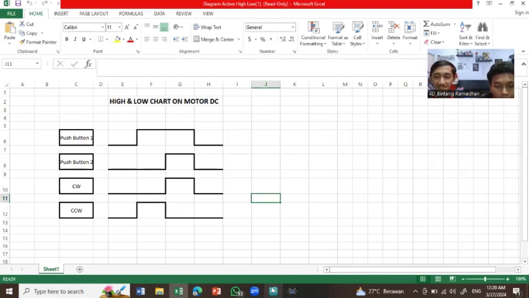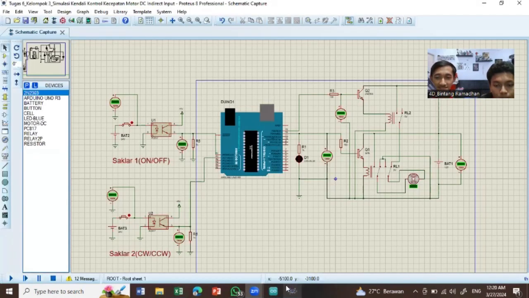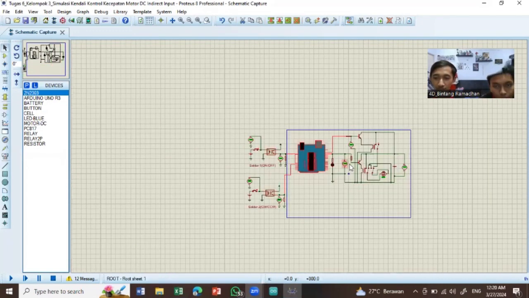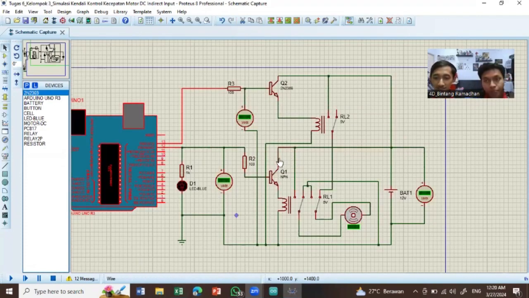The first step starts with adding the Arduino Uno component into the Proteus simulation. Next, create an indirect input circuit by connecting the push button, which is assembled with power, resistor, optocoupler, and ground, to the input pin. The Arduino output pin is connected to a resistor and then to a transistor that functions as a connector or breaker, and a relay with a 5-volt setting as a safety measure, because the voltage from the battery exceeds the Arduino voltage capacity.